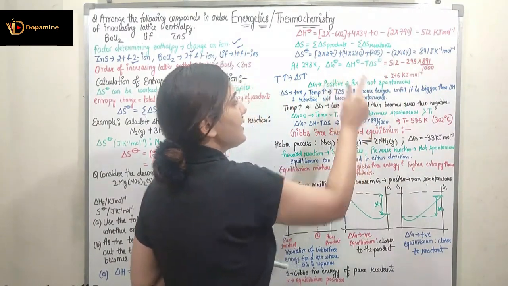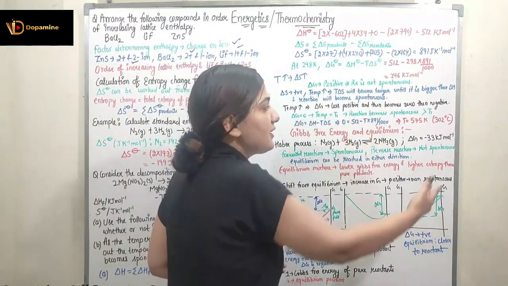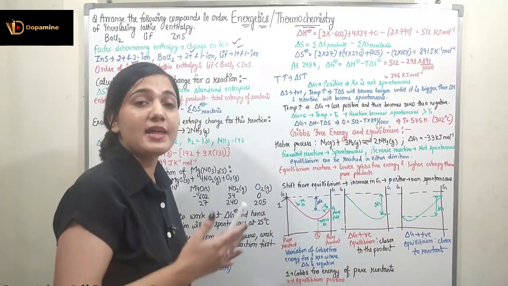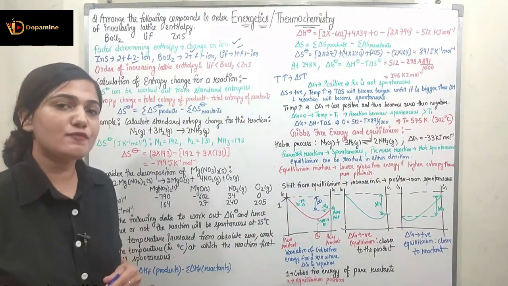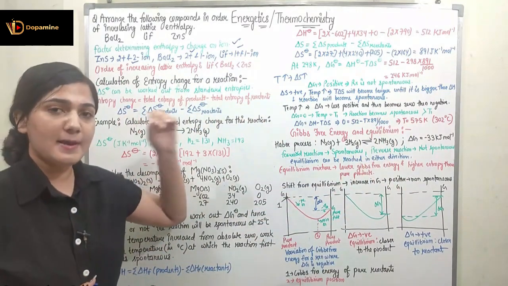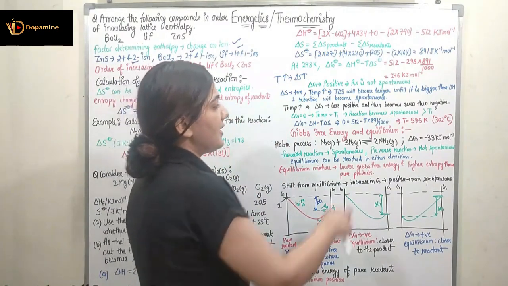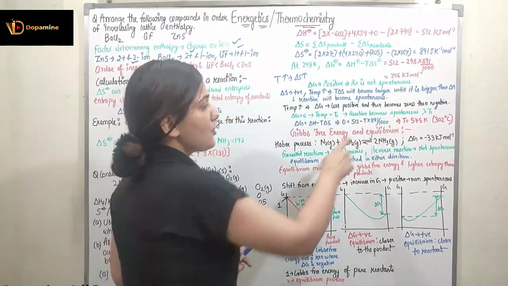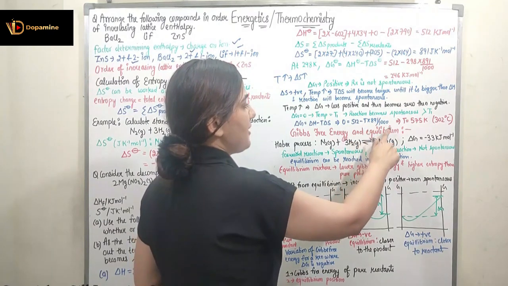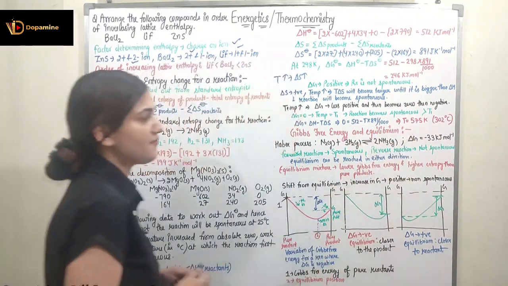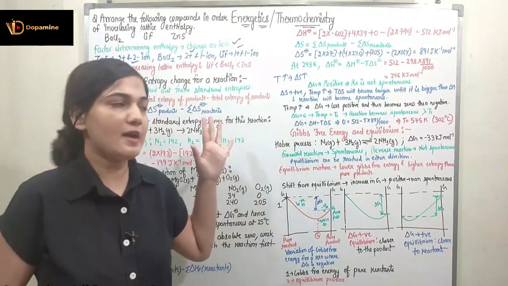So at some point delta G will become 0, and this temperature is taken as T1. At a temperature greater than T1, the reaction will become spontaneous. So what we have to find out? We have to find out the temperature at which delta G is 0. So let's put delta G as 0. Here delta H is given, T we have to find out. So 0 is equal to 512 minus T into 891 upon 1000. So T will be equal to 575 Kelvin, that is 302 degrees Celsius, after which this reaction will become spontaneous.